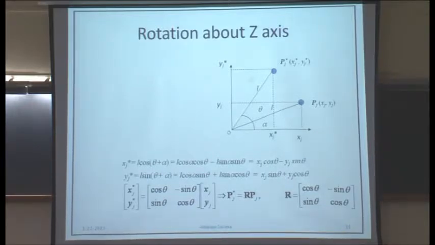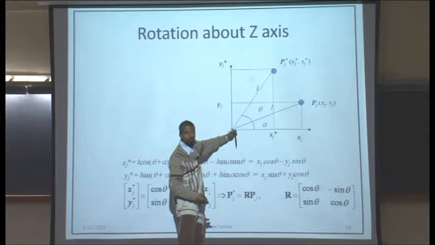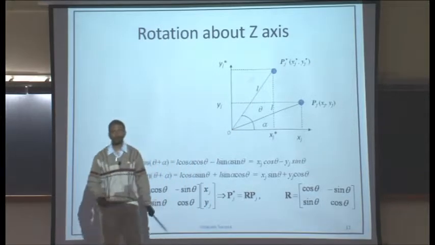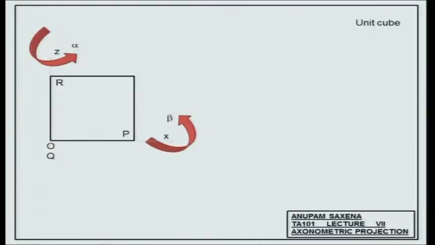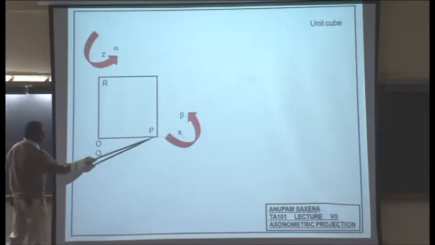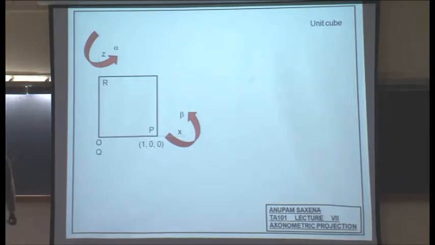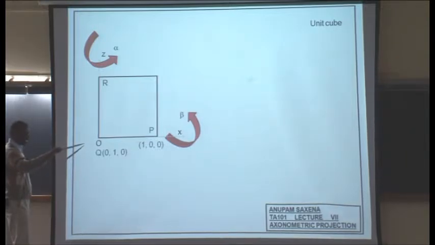What happens to the z coordinate of the point? If this is the x axis, this is the y axis, what happens to the z coordinate of the point? Remains same or different? Same. Okay. Coming back to the cube, one of the vertices is called O, let's say. This vertex is P with coordinates 1, 0, 0. Q is inside the screen with coordinates 0, 1, 0. So y axis is pointing inwards and R is 0, 0, 1. We are going to be applying the rotational result on this.